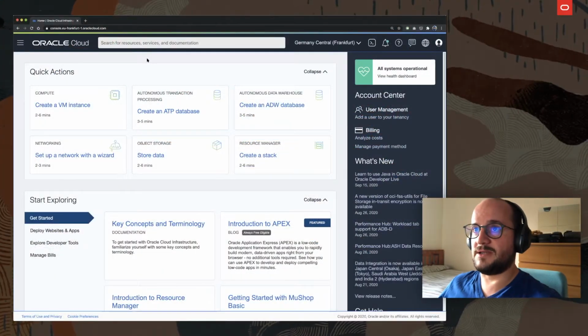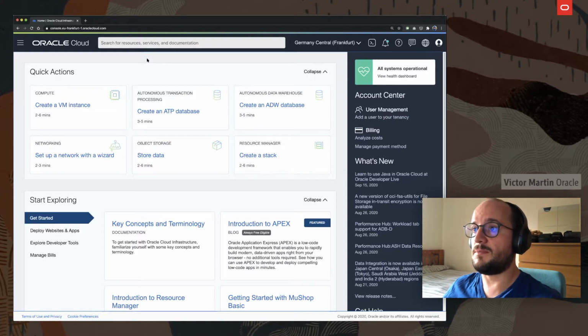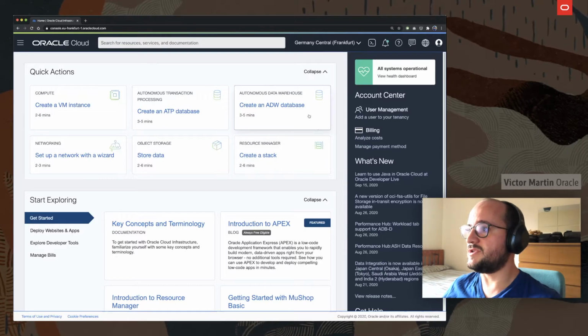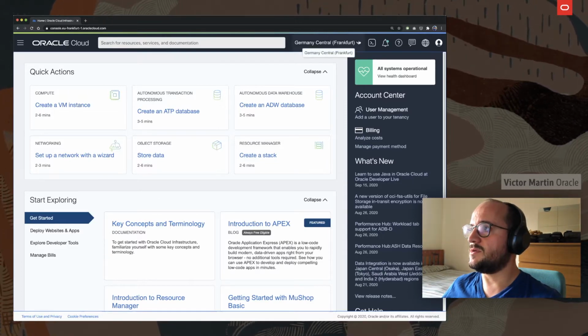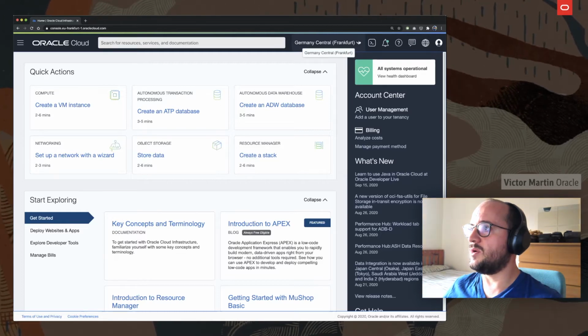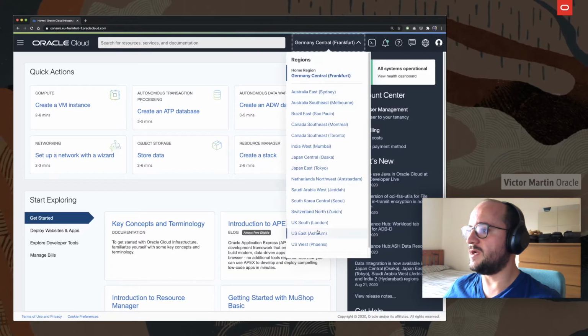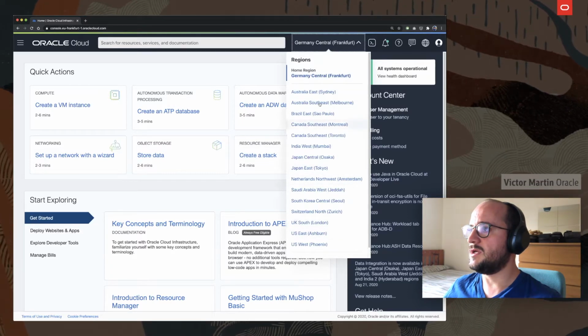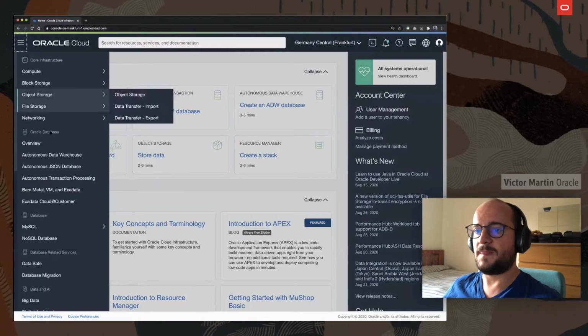Okay, so let's create a Kubernetes cluster, and we are going to do everything from the web console of Oracle Cloud. So you should see something like this, where you have the region that you are going to use. In my case, it's my home region, that is Frankfurt, but you can use any of your available regions. In my case, I'm going to the menu, and here,